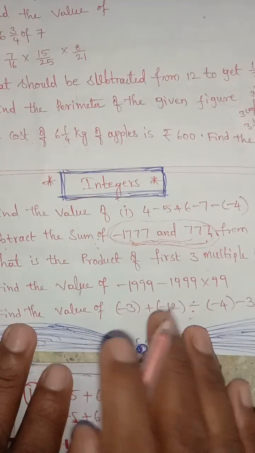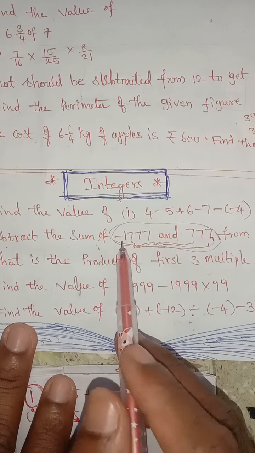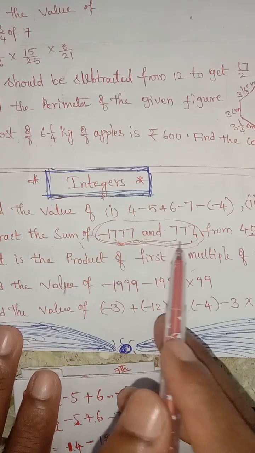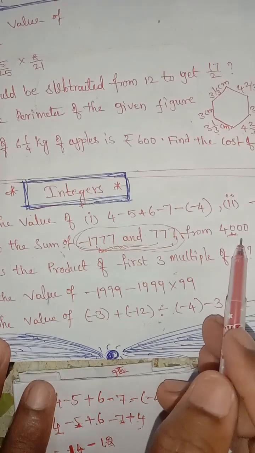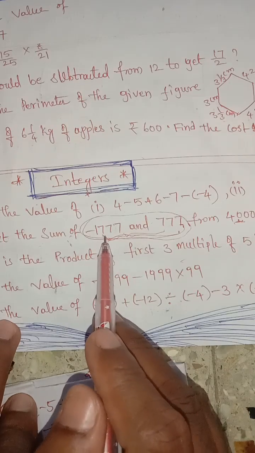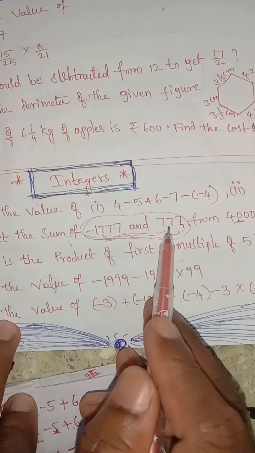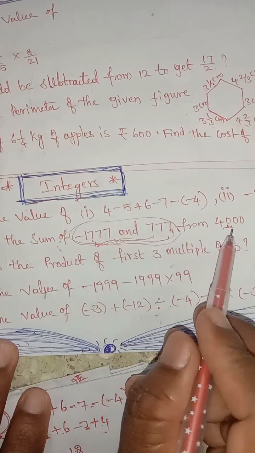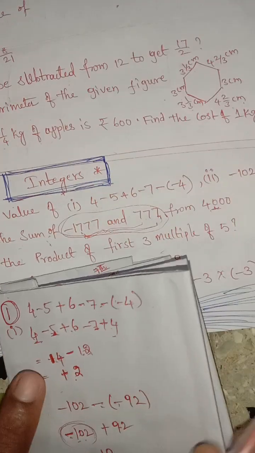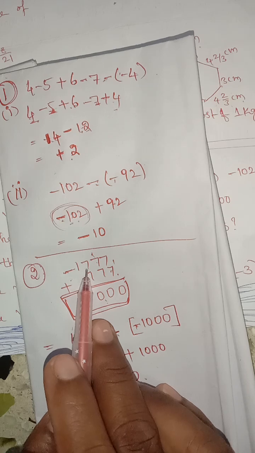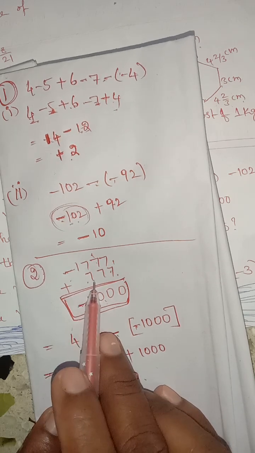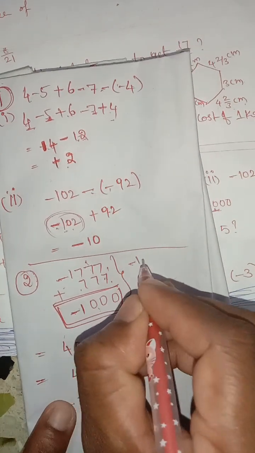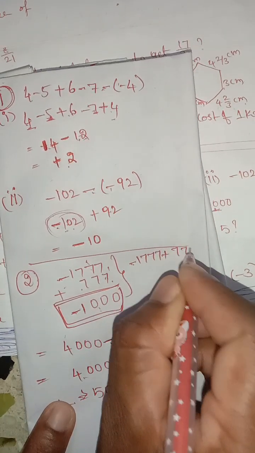Listen once again. Subtract the sum of minus 1777 and 777 from 4000. First, find the sum of minus 1777 and 777. Afterward, subtract the final answer from 4000 only. So first, the sum of minus 1777 plus 777. You can write it like this, minus 1777 plus 777 equals